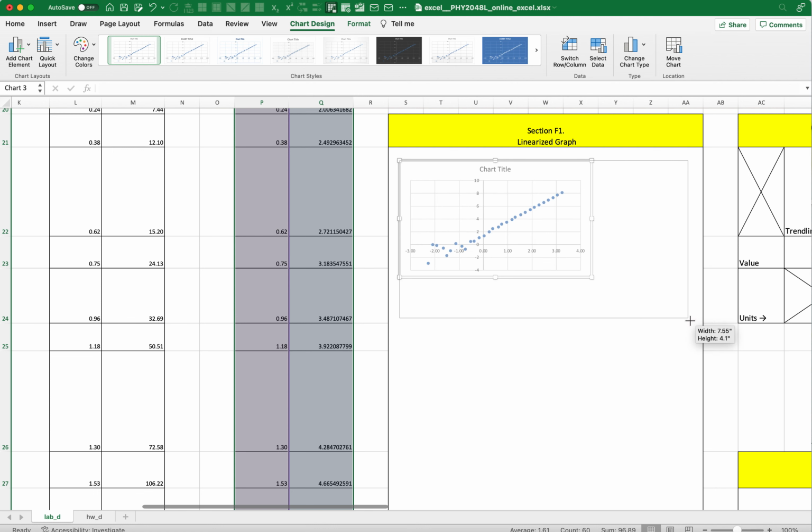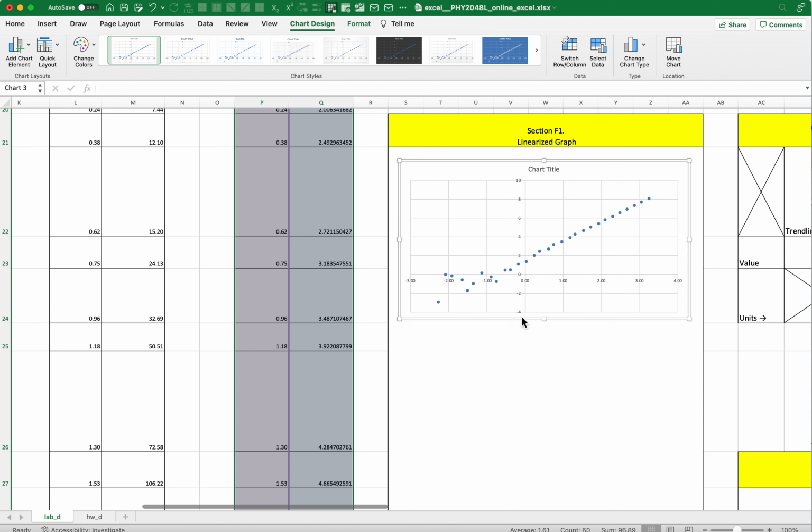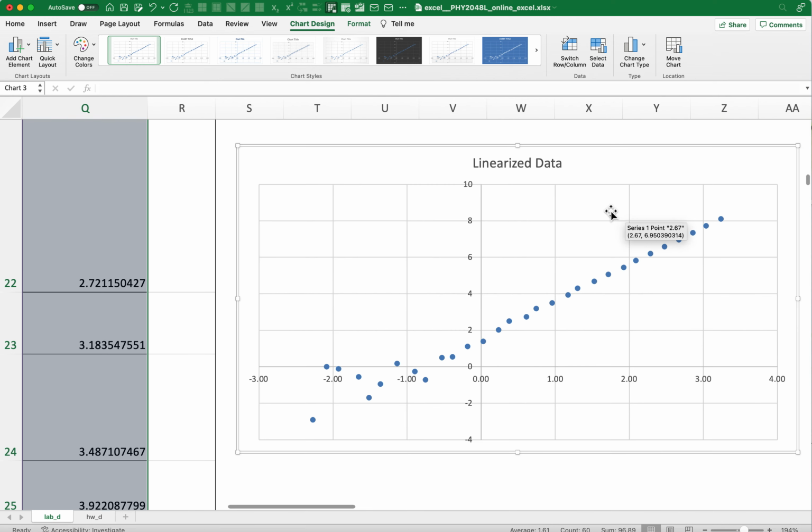And for this one, since the units are odd because you're taking a natural log, go ahead and ignore the units for the x-axis and the y-axis. So let's give this a title, and let's just call this linearized data. Okay. And just like before,